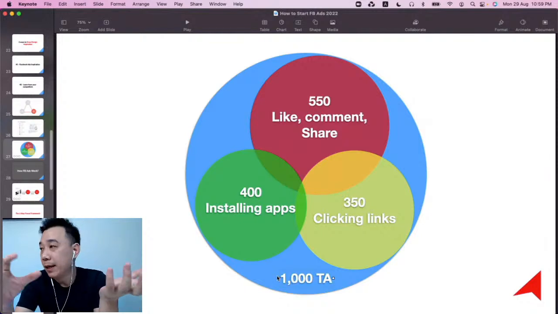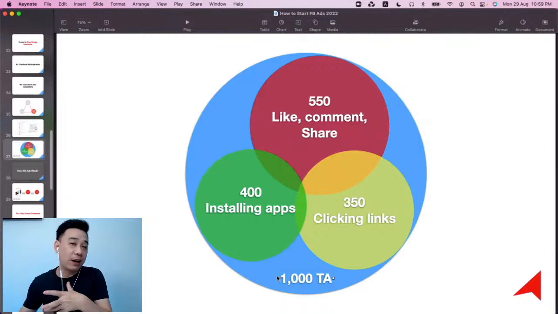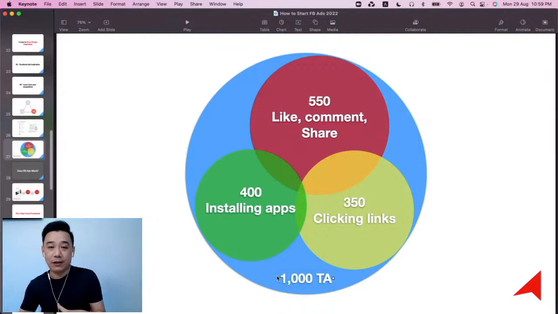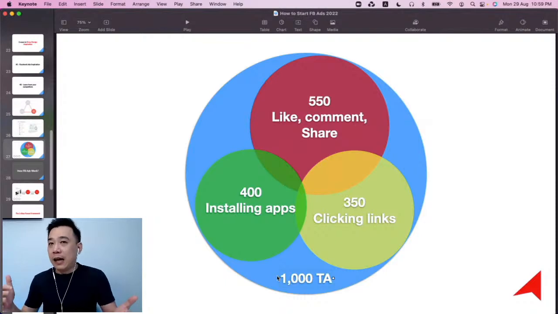Let's say 500 people are into liking, commenting, and sharing, 400 into installing apps, and another 300 into clicking links. But if you want people to click the link and go to your website, but you choose the boost or engagement objective, you're telling Facebook, I want likes, comments, and shares. For sure you're not going to get the result that you want.